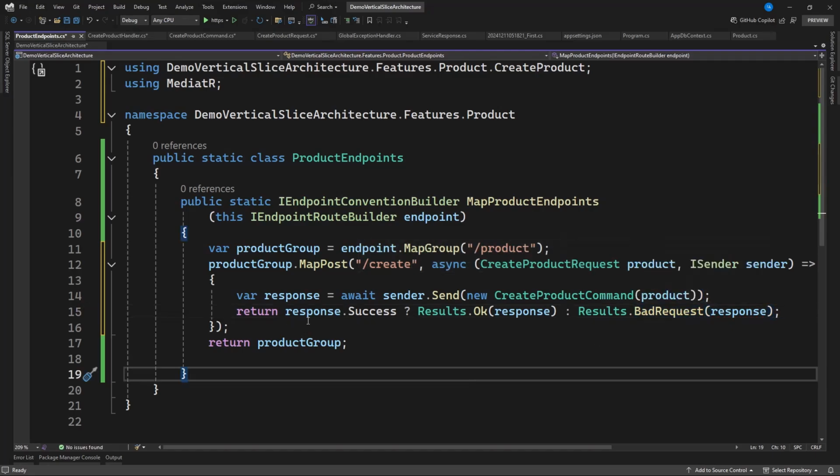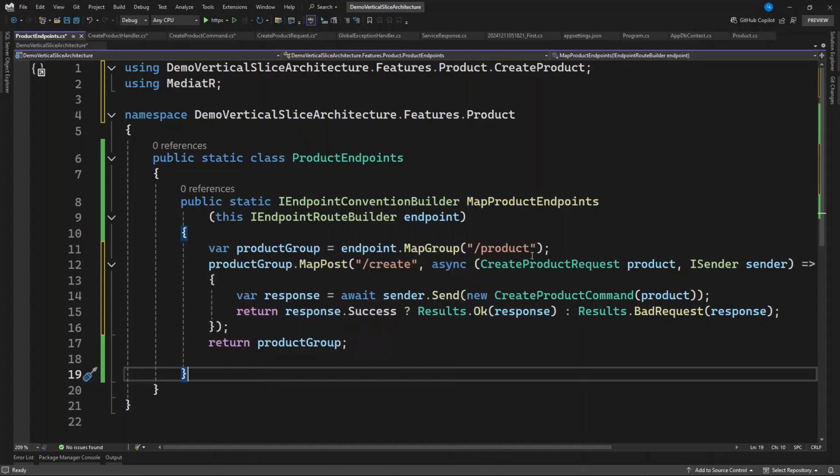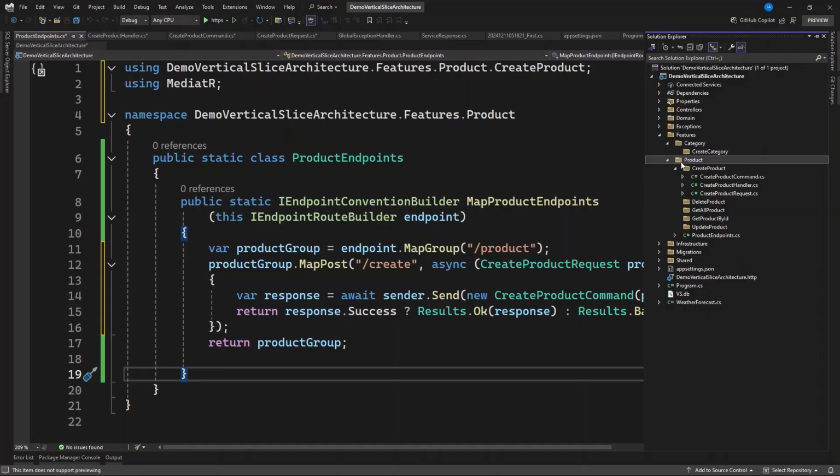So you can see from here we have created our endpoint, which is a static class, and in this we are creating an endpoint. It's going to return our endpoint convention builder, and in there we want to inject our endpoint route builder. We create our group, which is a product group, because this endpoint is going to cater for only product. That is why when you check from the Solution Explorer, it is in the root folder of the product. The product here, that's where we have this product endpoint. So from our category too, we need to also create our category endpoint. Then here, since we have worked with create product